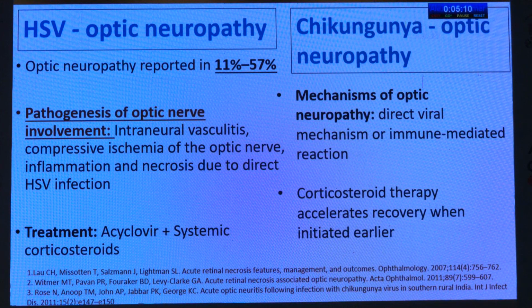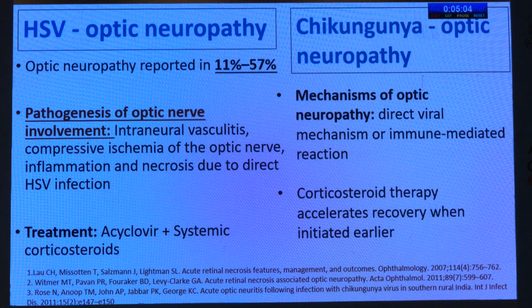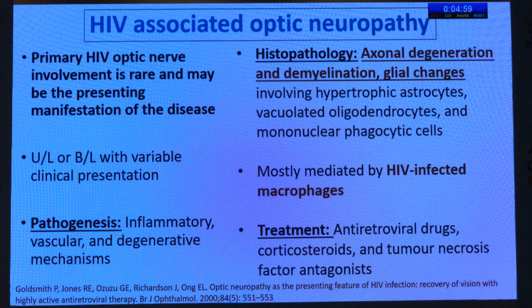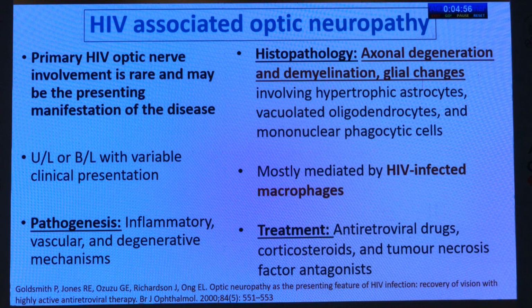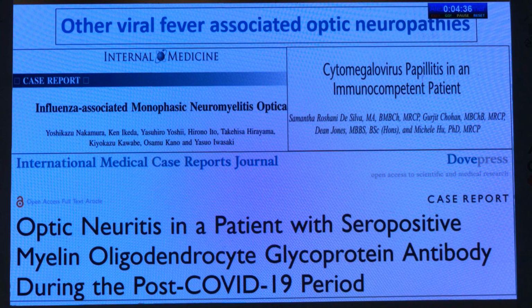The next is the chikungunya associated optic neuropathy, which could be either due to the direct viral mechanism or immune mediated reaction, and steroids accelerate the recovery if they are initiated earlier. Then is the HIV associated optic neuropathy, where there can be unilateral or bilateral clinical presentation, and the histopathological examination shows axonal degeneration along with demyelination, glial changes involving the vacuolated oligodendrocytes and mononuclear phagocytic cells, and mostly it is mediated by HIV-infected macrophages. Other viral fevers like influenza, cytomegalovirus, and COVID have also been reported to have